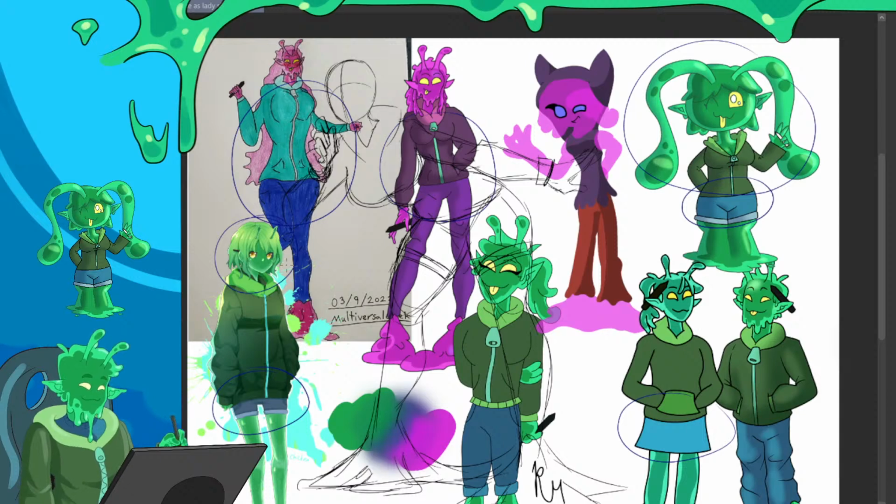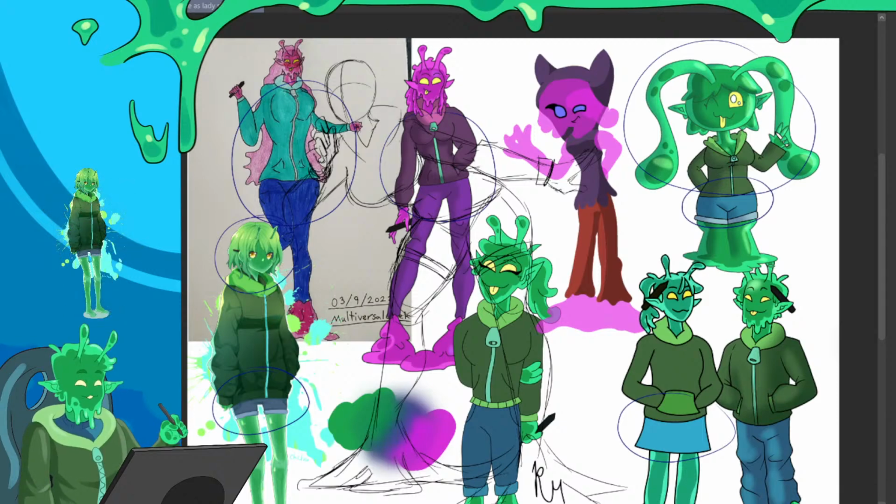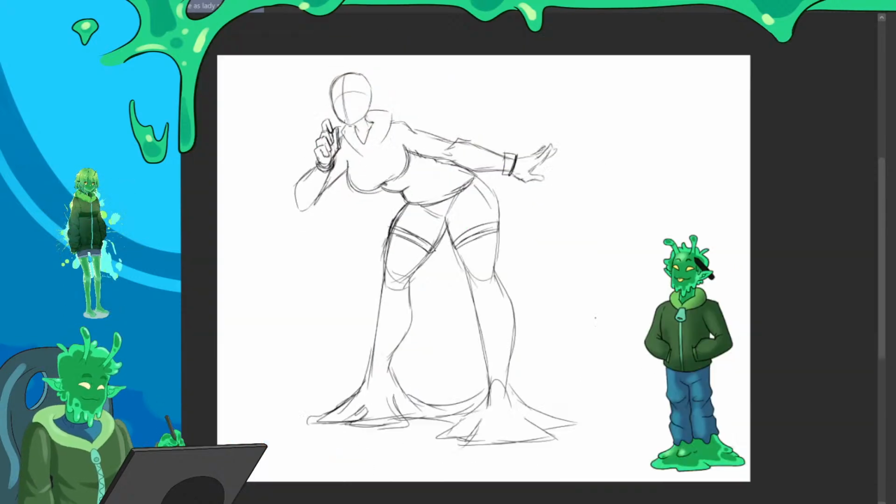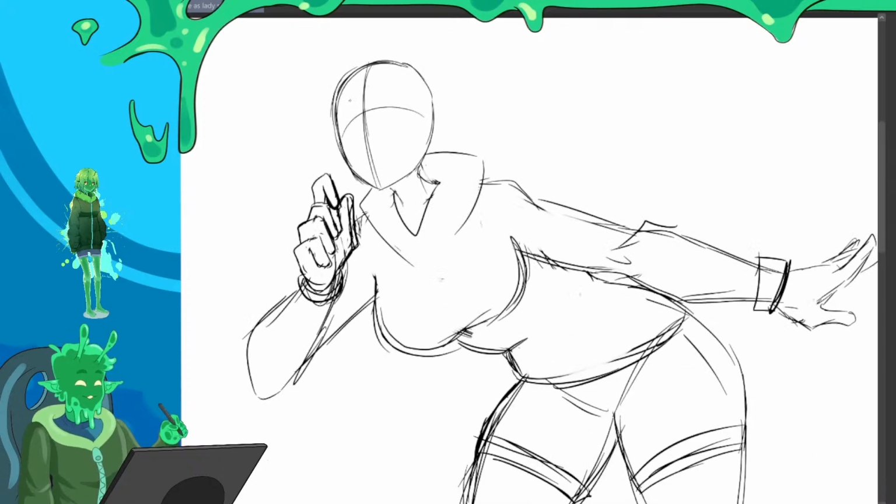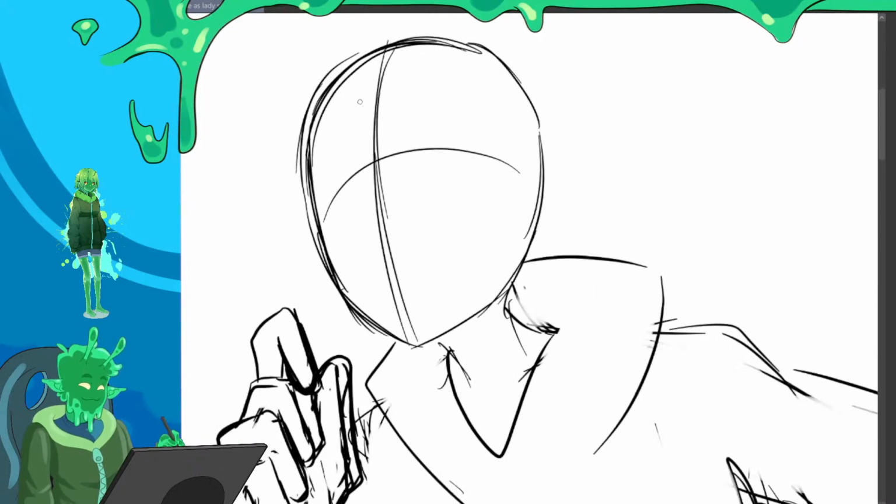But I think the general consensus is to have them the way that they are. Does that make sense? But I think I'm gonna shape them more like anime eyes, right? So we're gonna shape them and draw them like I would an anime girl.